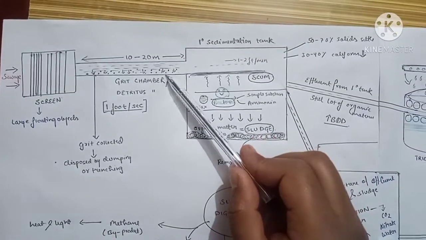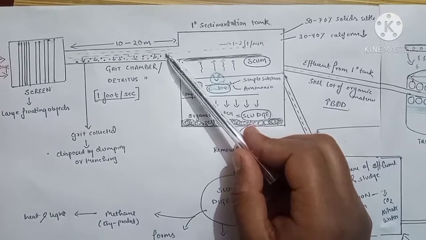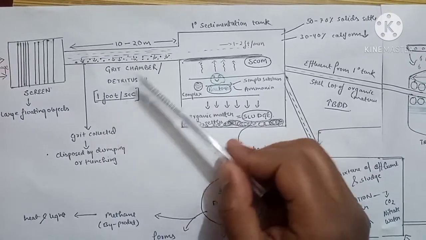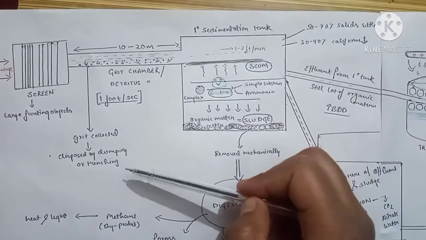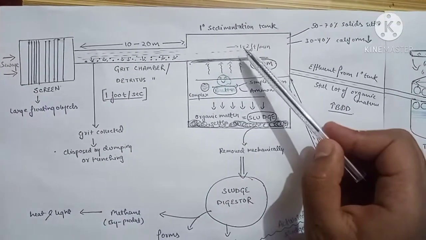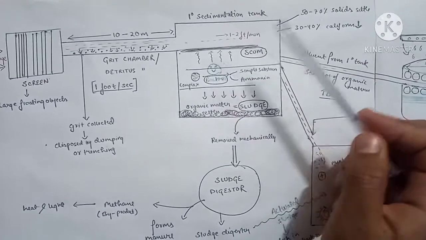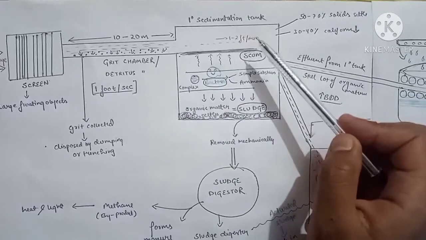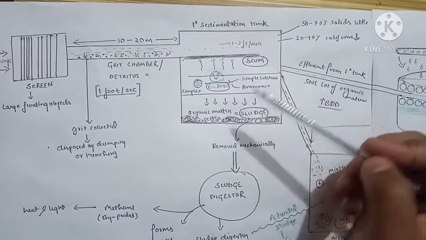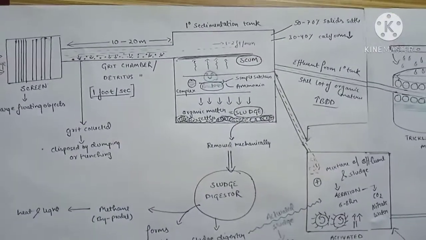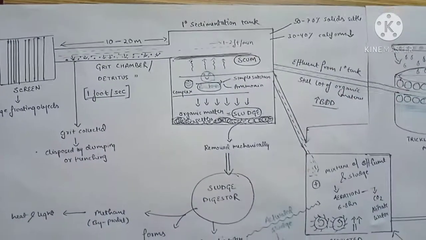So further, the sewage from the grit chamber now consists more of the fluid part, as the solids are already disposed of. This fluid, also known as effluent, is going to enter the primary sedimentation tank. Now this primary sedimentation tank is a large rectangular tank most of the time; less often they are circular or square, more often they are rectangular. Here the effluent is going to stay for 6 to 8 hours, which is a huge time, and it has a flow velocity of 1 to 2 feet per minute.